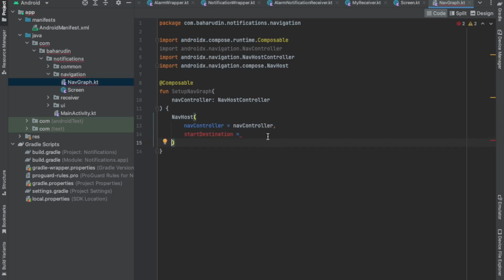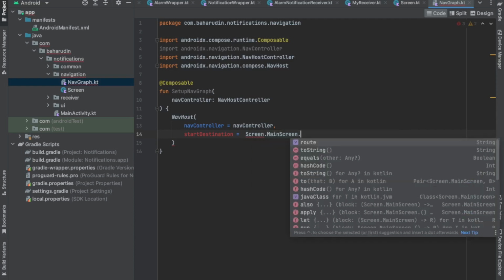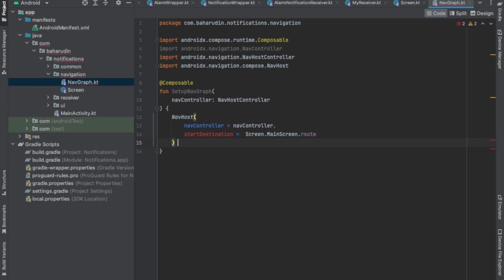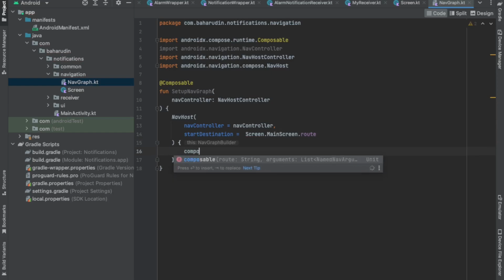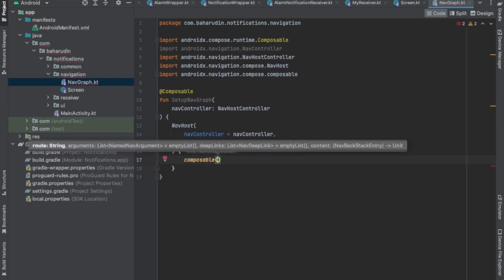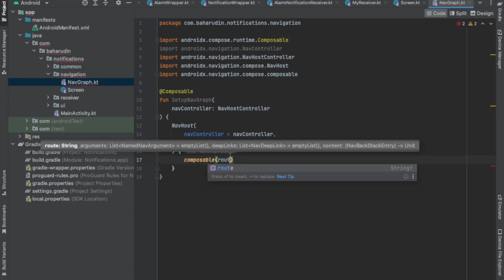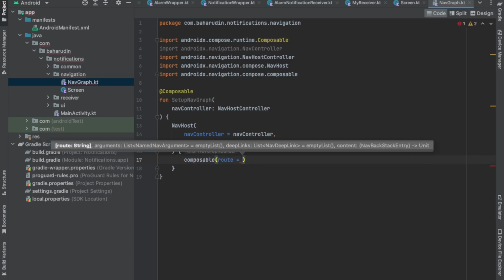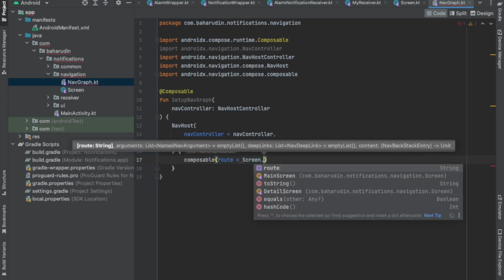Okay, the start destination is a screen main screen dot route. Okay, and I will keep the curly bracket. Inside here I will create a composable for the route, which is a screen main dot route